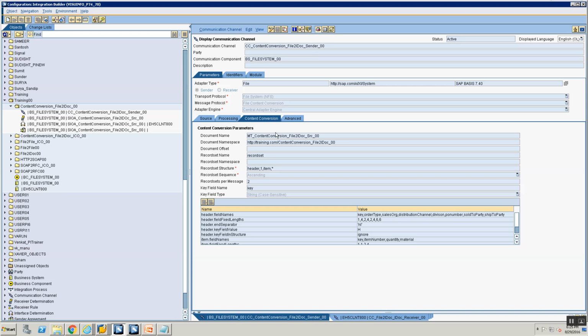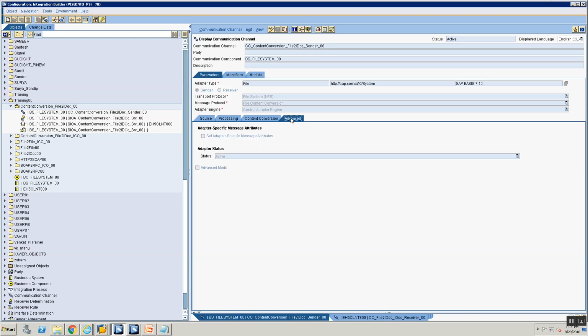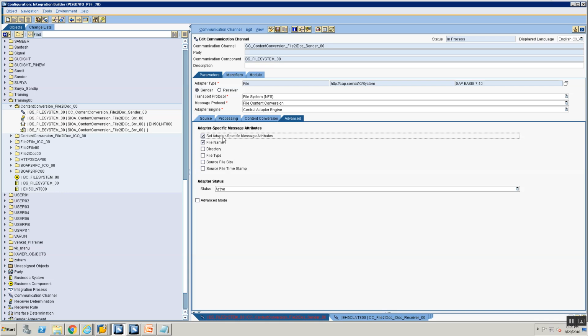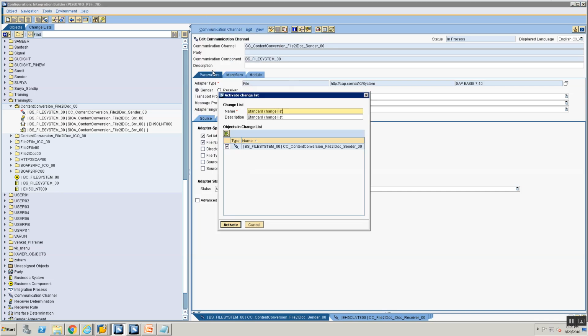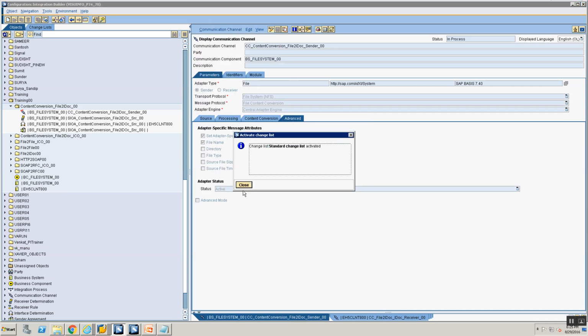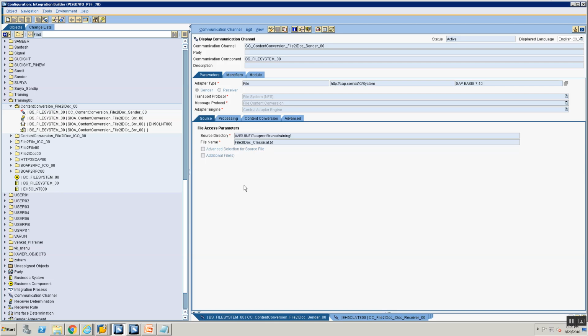So I go into the file to IDocs sender 00. This is my file channel. Go into the Advanced tab, and in this Advanced tab you see the Set Adapter Specific Message Attributes option. Select that and select the file name. Now what happens? Let's look at it. I select that and I say activate. Now in the runtime I will be able to also look for this particular file name in my